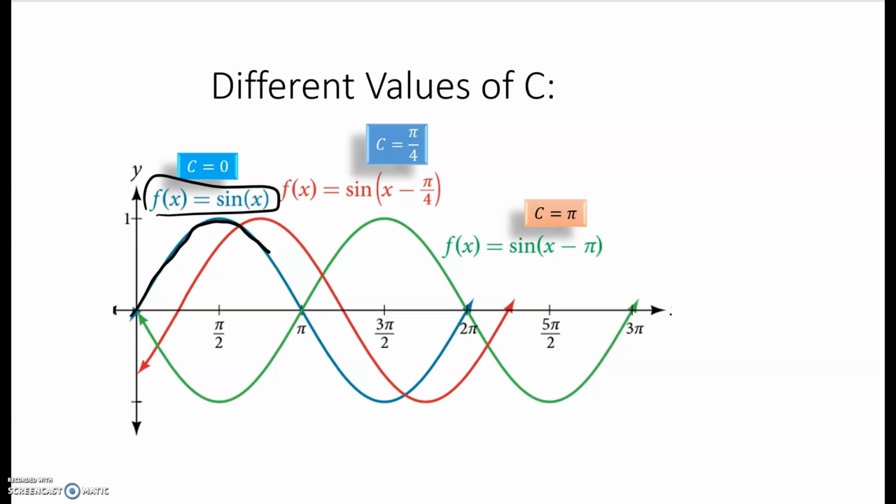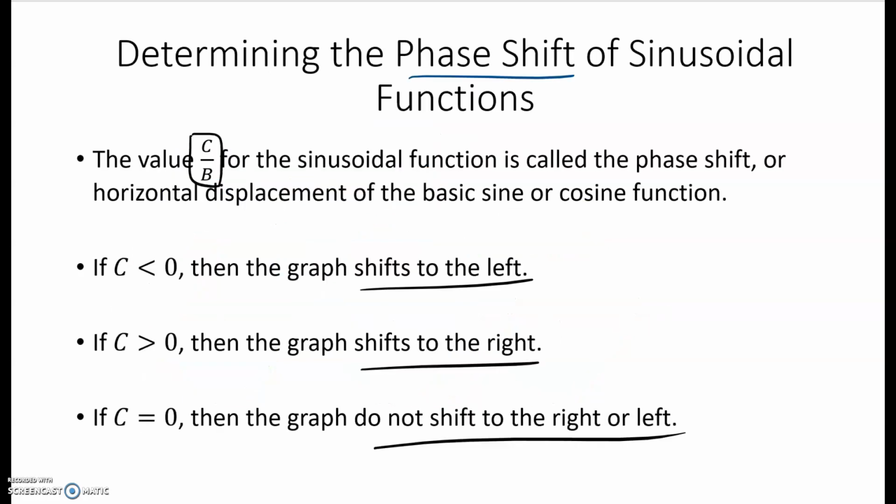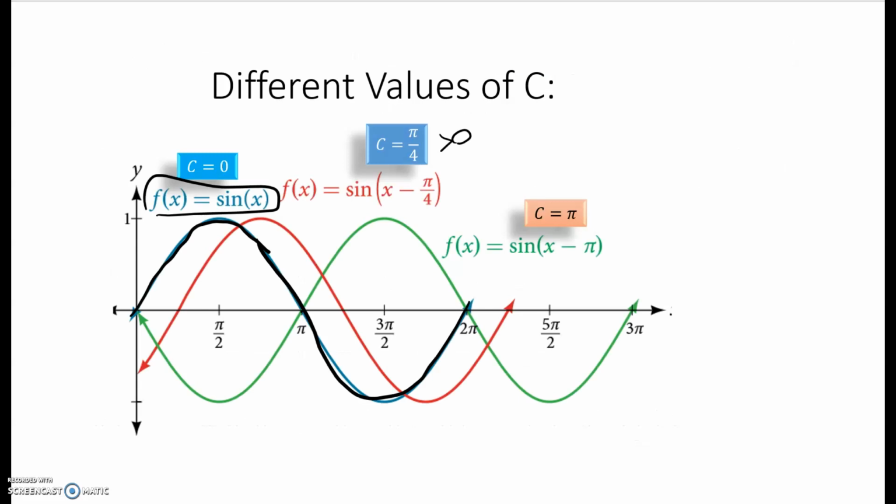So here's our original function right here. Now if we have x minus pi over 4, so here pi over 4 is greater than 0, so it will shift to the right. Okay, greater than 0, it will shift to the right. Notice how, if we look at this point right here, let me erase this. If we look at this point right here, it has scooted over, and actually let me draw. This right here is our next function that we're talking about. Okay, and it has scooted over to the right